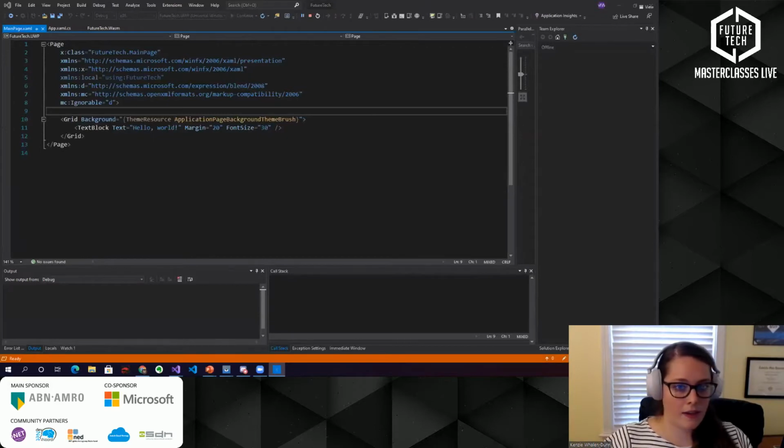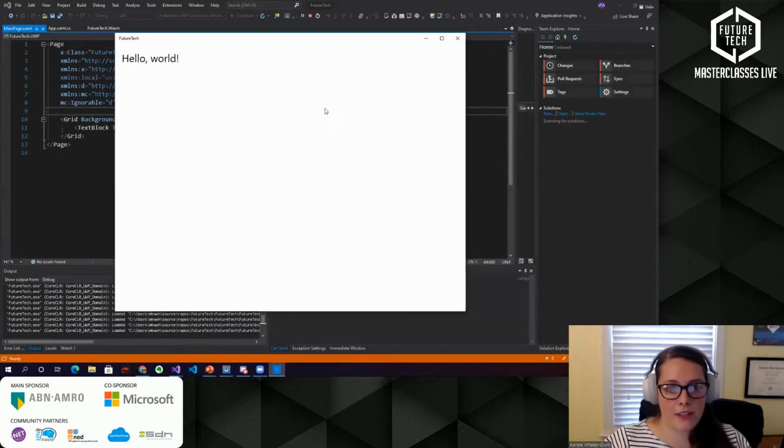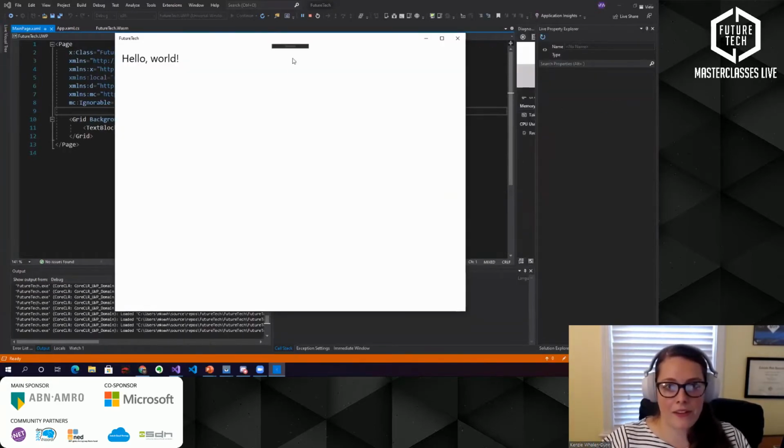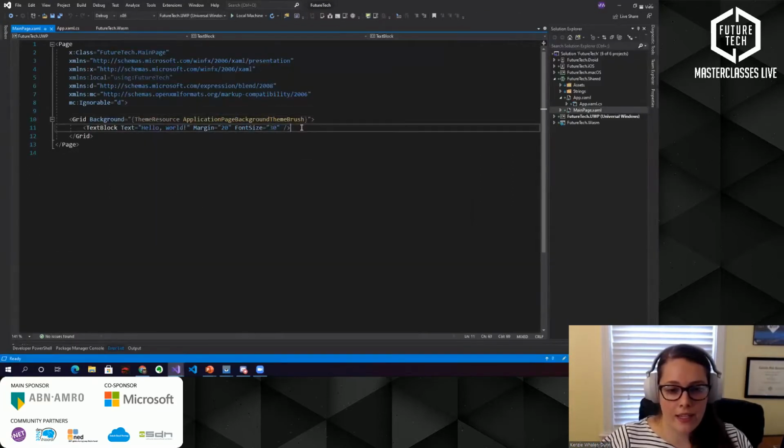All right, there we go, nice little splash screen. And our Hello World, perfect, no changes. Okay, so let's go back in and add a couple of things. What we're going to do is add a slider and then add a text block that displays the value of the slider as well.